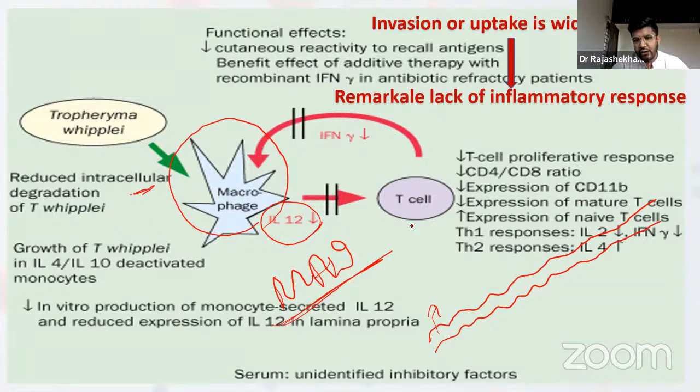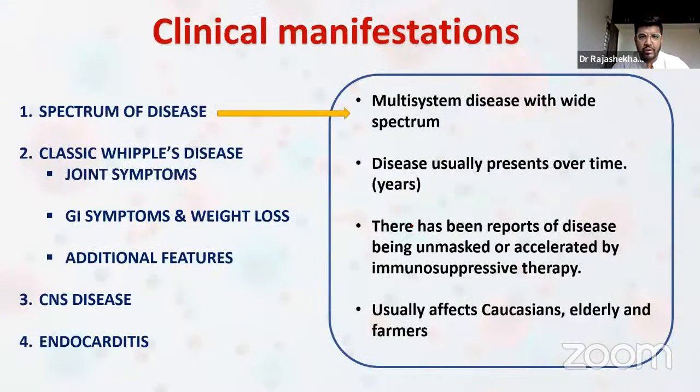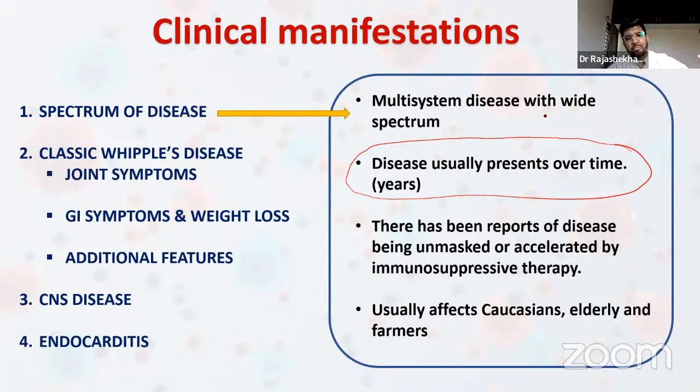But there is definitely a lack of normal inflammatory response to this particular bacteria. So how does this usually present? The spectrum of disease is very wide. It can be a multi-system disease. There is no single particular point which predicts the presence of Whipple's disease, and it usually presents over time. Patients usually have symptoms for years together before getting diagnosed as Whipple's